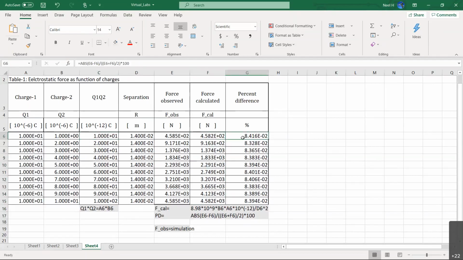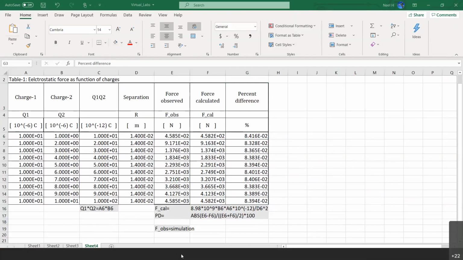And the percentage error calculation also, you can see the function here. Difference divided by the average multiplied by 100. We do percentage difference, not the percentage error. Remember that too, okay? So we do percentage difference, okay? Difference over average times 100. I am using ABS because we are interested only in positive values, okay?